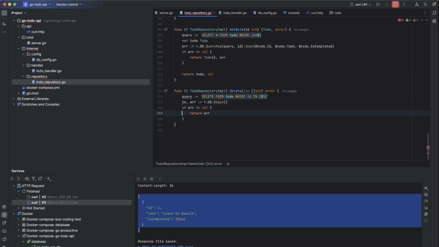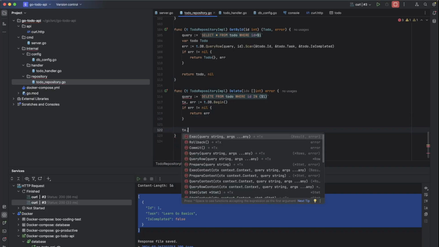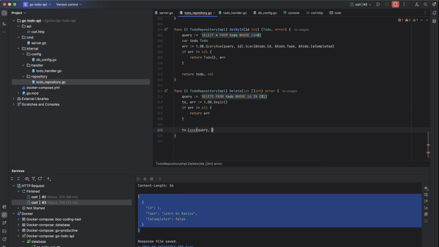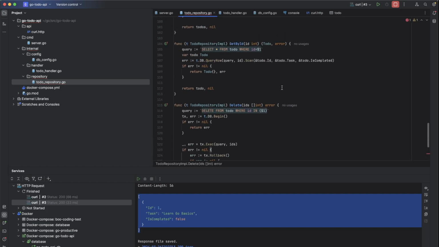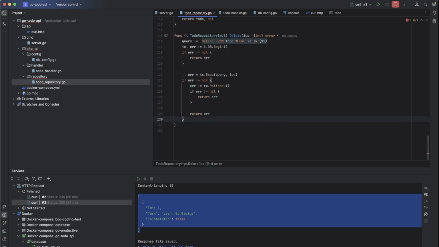It's transaction, and then transaction dot execute its query with ID's parameter. Handle its error. If there is any error, just return the error, then do rollback. Also handle the error, and then commit the transaction.